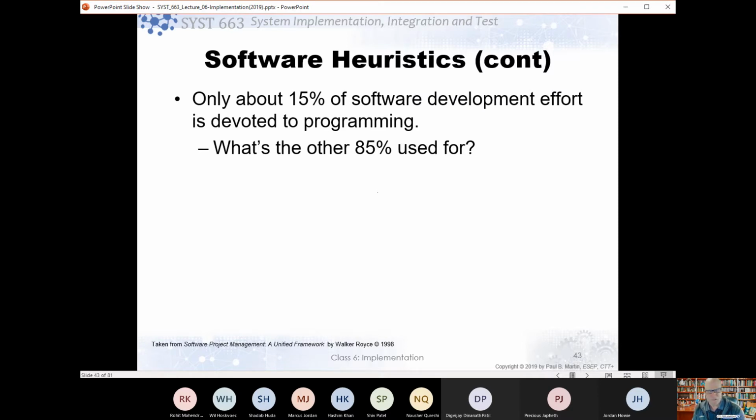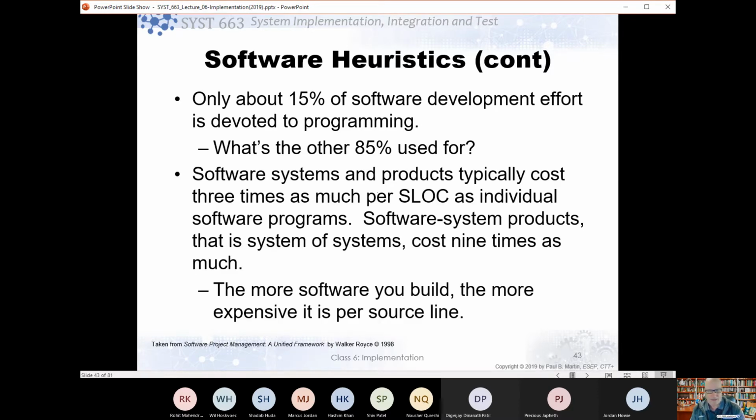Also, about 15% of the development effort is devoted to programming. Now, what is the other 85% working on? That's the actual difficult part of conceiving and designing the software. Software system products usually cost 3 times as much as individual programs. So a system of systems can cost 9 times. So the more software you build, the more expensive per